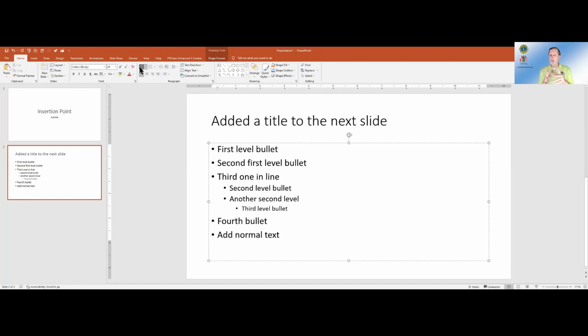I do want to point out that this slide contains two different text boxes. Both of these text boxes are considered to be objects. I've got a text box up here. This is the title. And I've got a text box down here. This is for the content. As a text box, of course, it is just an object on my slide, and I can add other objects onto the slide as well as I need to. So again, consider these to be objects to be manipulated as you need.